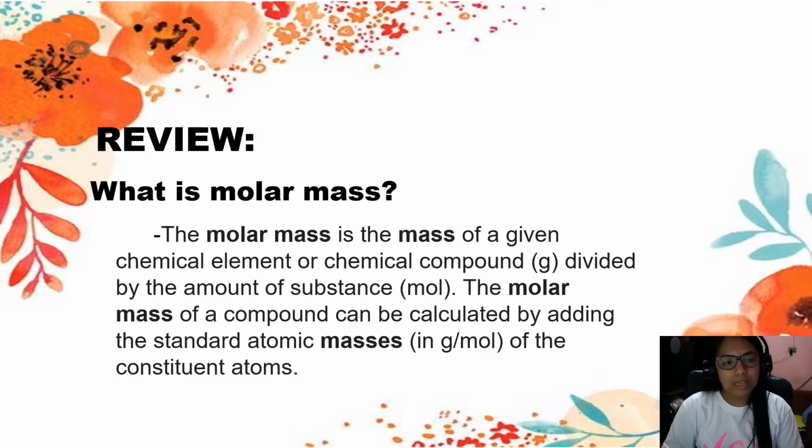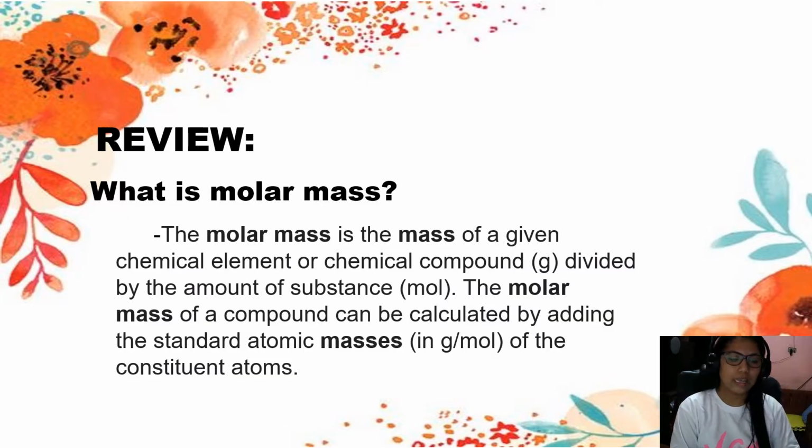The molar mass of a compound can be calculated by adding the standard atomic masses in gram per mole of the constituent atoms. So, dinidiscuss na natin nung nakaraan kung paano pagkuha o pag-compute ng molar mass. Ayan, you just identify the number of atoms, then i-multiply ninyo sa atomic mass, and i-add nyo yung kanilang